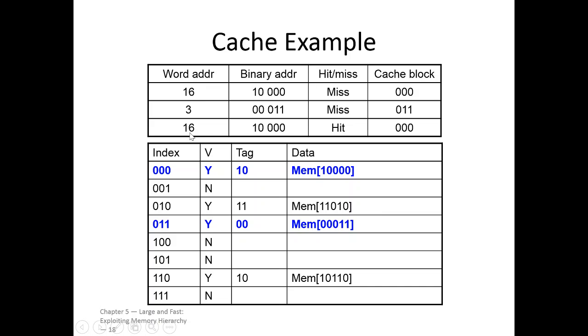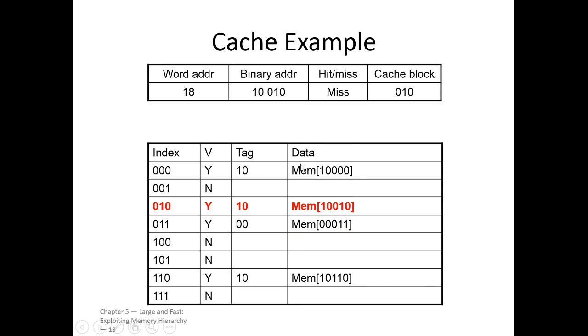Guess what? The law of temporal locality is fulfilled again. We hit 16 and we check everything. We check the valid, the tag, and it's there. So we don't have to go out, so we save ourselves a lot of time. Now we look for